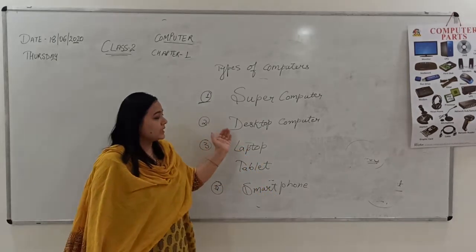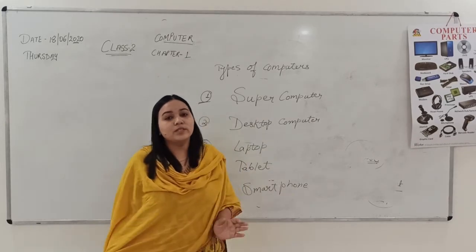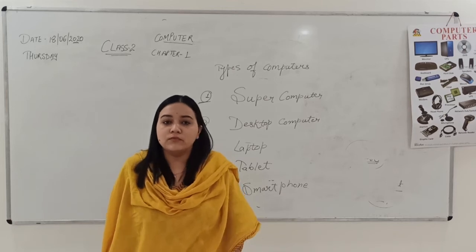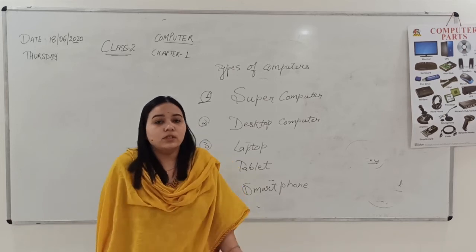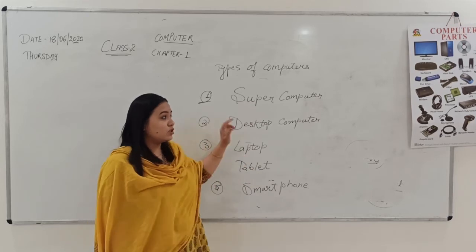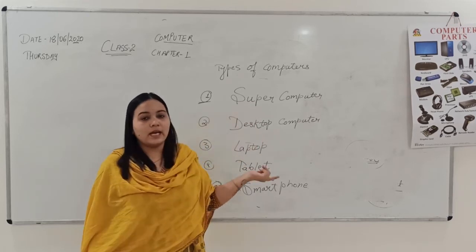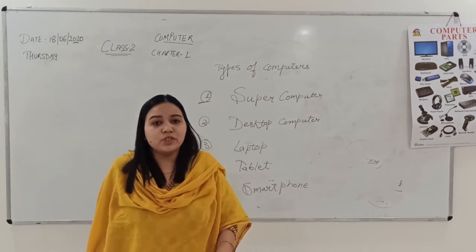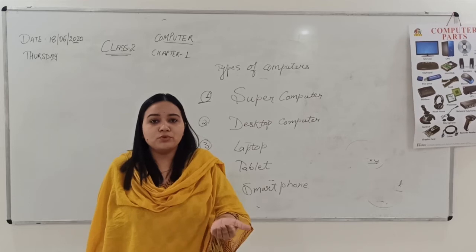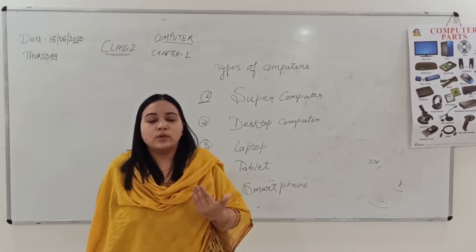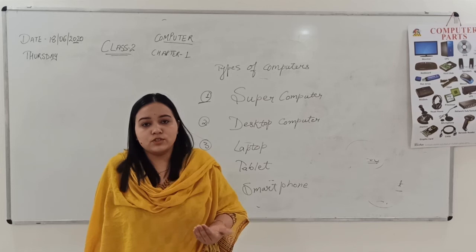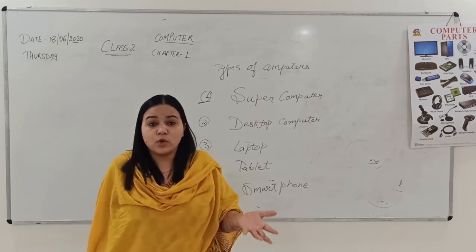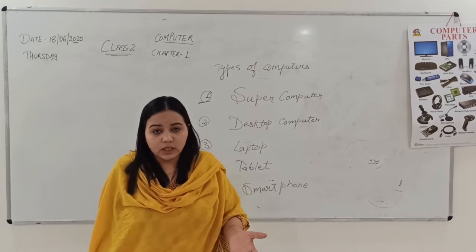Then comes the desktop computers. Desktop computers are the ones that you have seen in your schools or everywhere around you. These are very easily available everywhere. So these are the desktop computers. The diagram that I just drew before this was the example of a desktop computer. And these desktop computers are friendly with you because you can easily use them and you can do so many things with them. For example, I just told you, you can listen to music, watch movies, play games, do your projects and homework and so many other things.